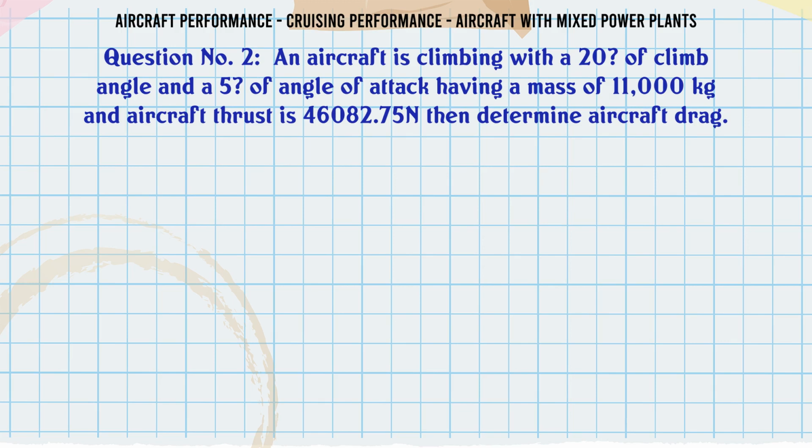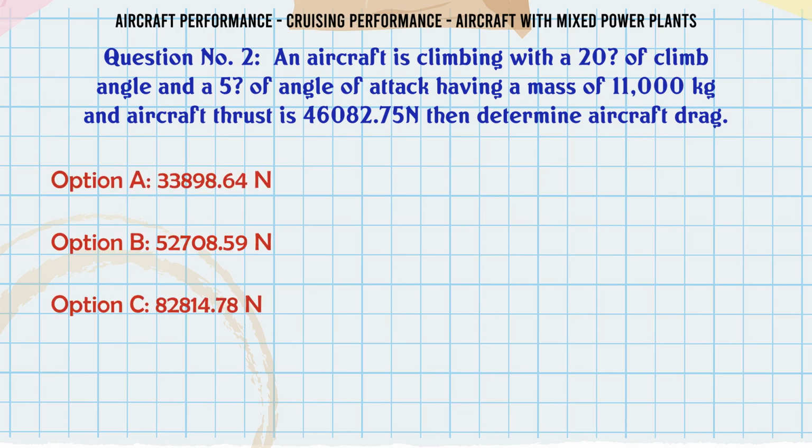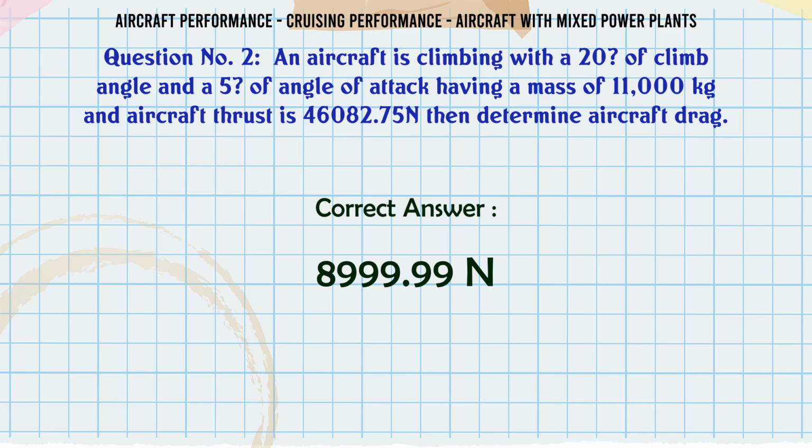46,082.75 N. An aircraft is climbing with a 20° climb angle and a 5° angle of attack, having a mass of 11,000 kg. The aircraft thrust is 46,082.75 N. Then determine aircraft drag. A. 33,898.64 N. B. 52,708.59 N. C. 82,814.78 N. D. 8,999.99 N. The correct answer is